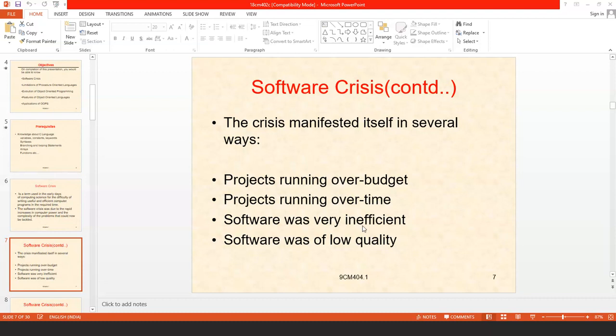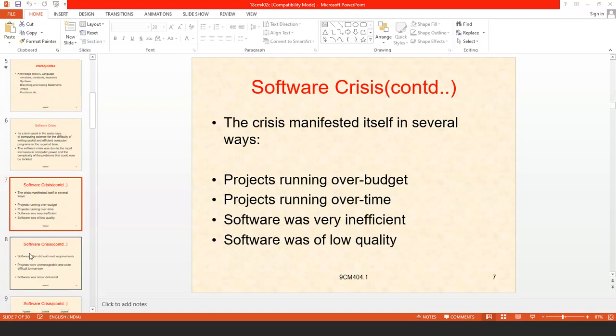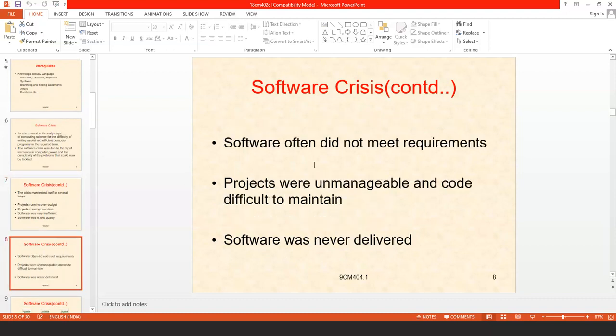Software was very inefficient, because day to day the software is being updated and enhanced, so obviously it may be very inefficient. Software was very inefficient and of low quality. If the software was inefficient, obviously its quality was low, and software often did not meet requirements.